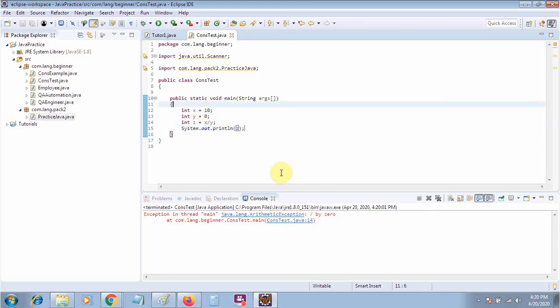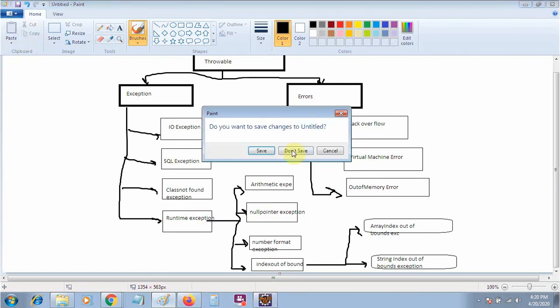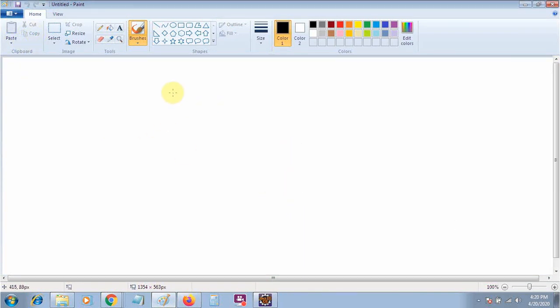There are two ways to handle the situation. As in our general life, if there is a problem, how do we handle that problem? If there is any problem, or we are expecting that a problem P1 can appear in future, what will we do? Either we will try to handle it, creating a scenario to handle it, or we will just throw the problem and say, I will see when the time comes. The same concept is followed in Java.